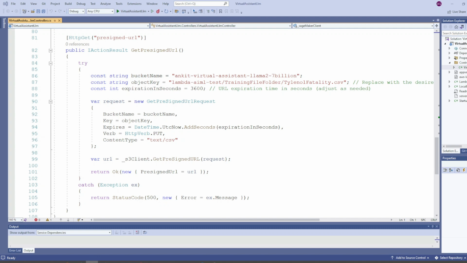type. And one very important parameter here is the expires parameter, which specifies the time duration for which the pre-signed URL is valid. During that time duration, you can upload the file over and over again until the pre-signed URL time expires. And finally, you pass that request to the get pre-signed URL from the AWS SDK and get the pre-signed URL. Now this URL is supplied to the front-end code, and let's take a quick look at the front-end